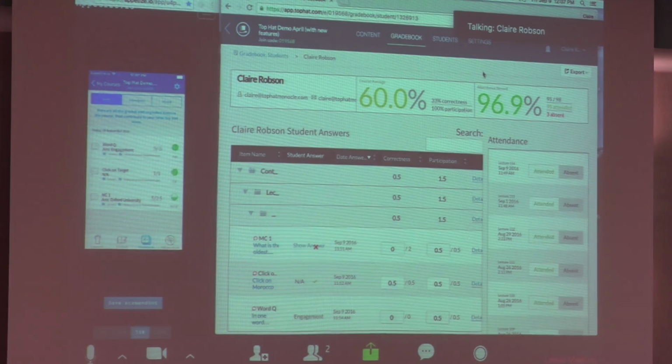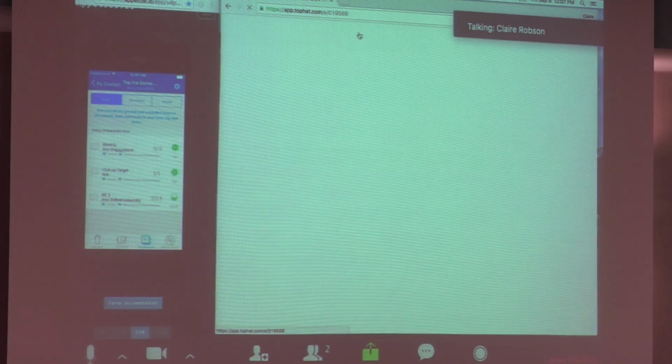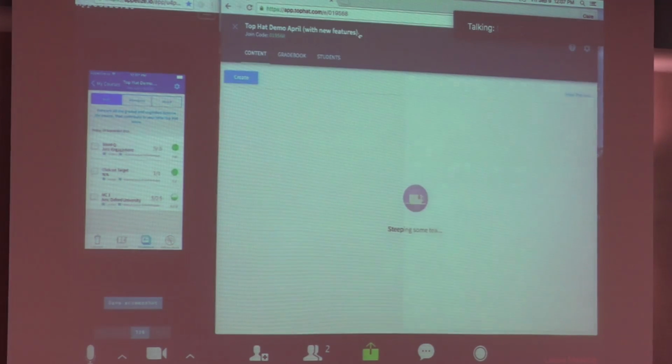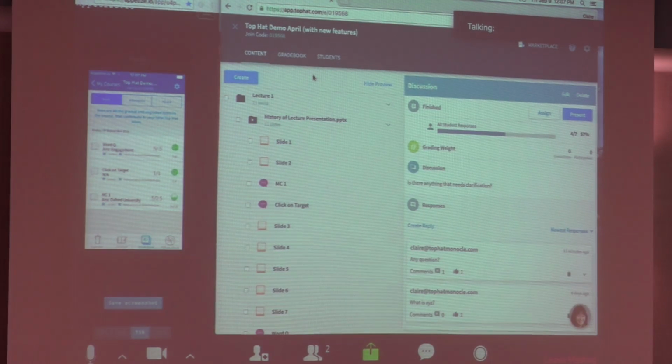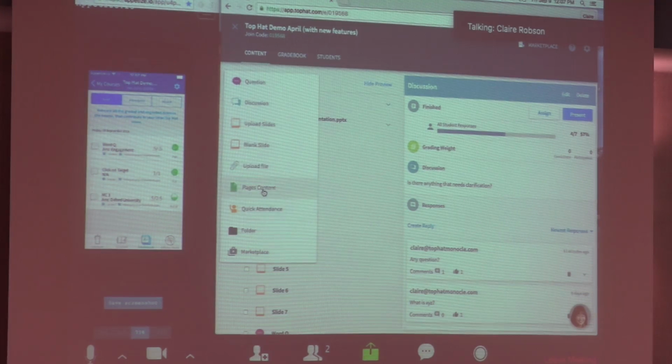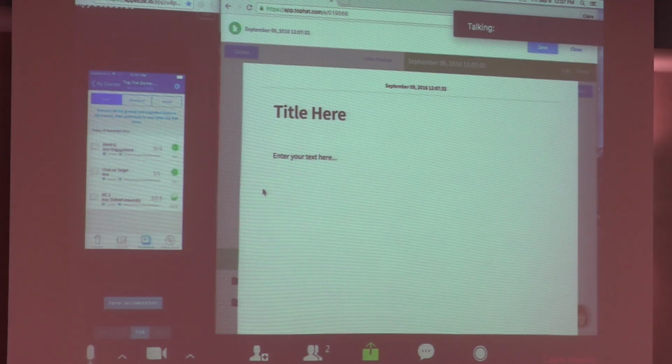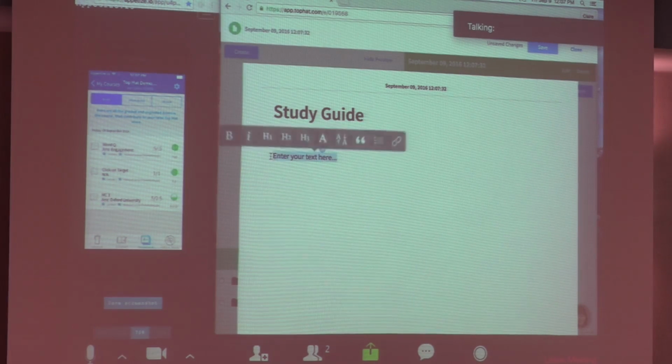Now, something else I really wanted to show you, since I thought it might be quite good for business as well as MBA programs, is our Pages tool. The Pages tool allows you to create your own content, your own interactive Word documents embedded with questions, videos, or discussions. Let's say it could just be a study guide, and you assign it to your students for them to look at before the midterm or before the exam.